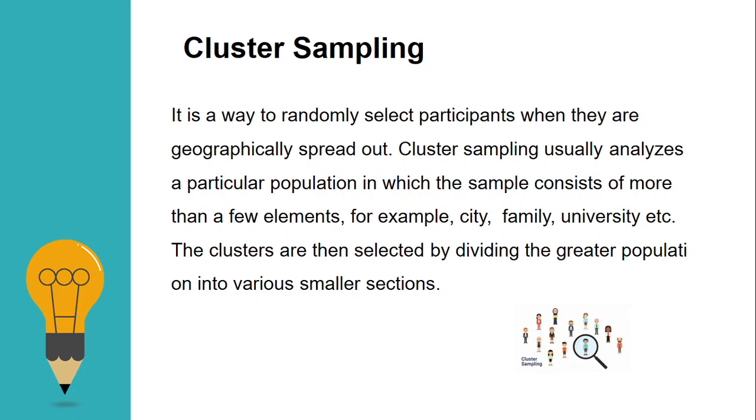The other type of probability sampling is cluster sampling. Sometimes the units of the population are clusters or groups of units, and randomly sampling clusters can be more convenient or less expensive than random sampling of individual units. For example, students are clustered in schools, and random sampling of schools is more convenient than random sampling of individual students.